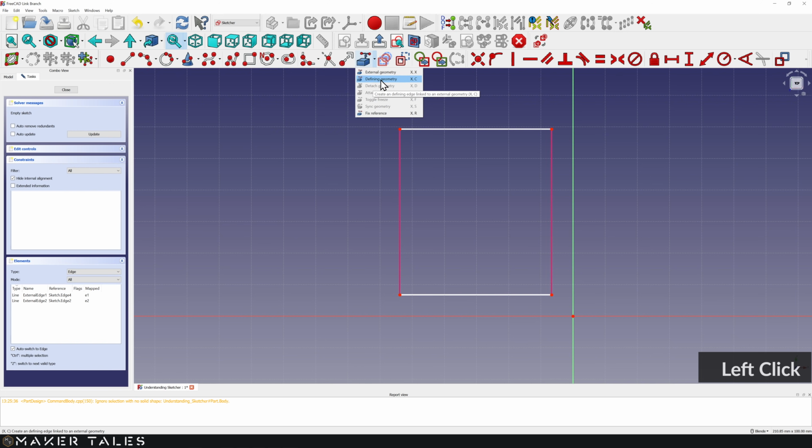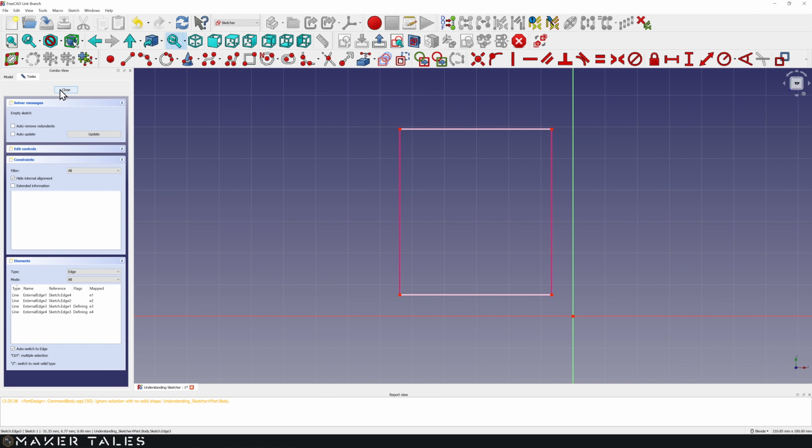That's what a defining geometry reference is. What is defining geometry? Well, these lines here, they're defining lines. They tell you what exactly is going on within Sketch 1. Now, the shortcut for a defining line is XC. So let's go XC, and we get this nice pinkish sort of looking tool. And now when we click on these lines, you'll see we get these pink lines instead of the purple lines.